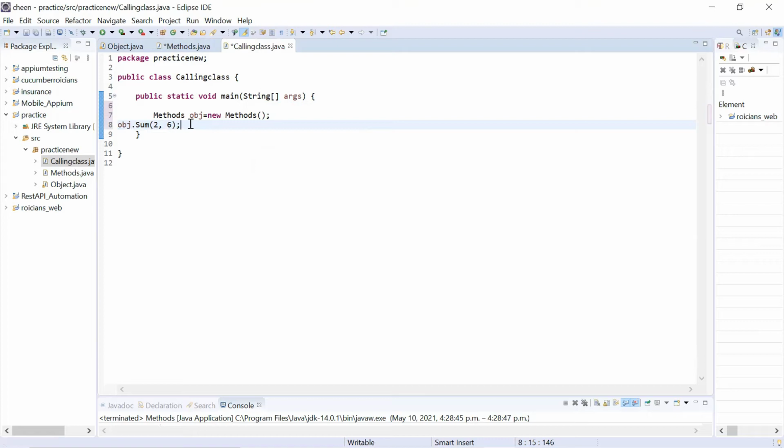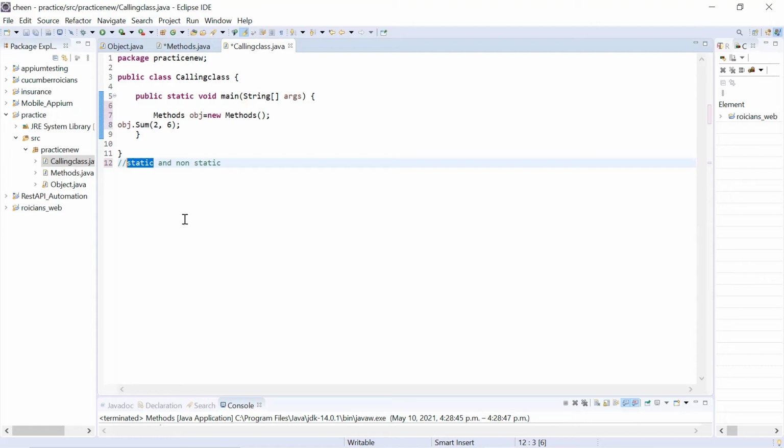But remember, as I was discussing with you, you can call only non-static methods. What is static and what is non-static? Let's understand that. Static and non-static. If any variable or any method is declared as static, that means it is part of that class only and you cannot create its memory. For example, if you have created any object, in that object, these static methods and variables will not be copied. That means you cannot call these static methods or variables with the help of objects.